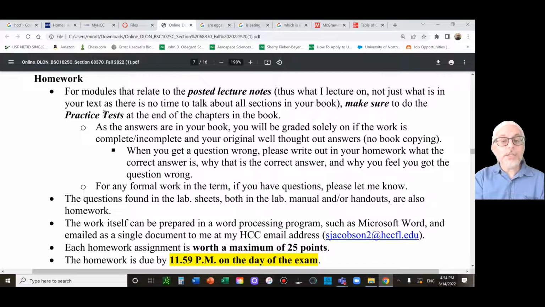Grade it. Now, when you get something wrong, what I would like for you to do is simply write out why you got it wrong. This is for you. Remember, I'm not grading on if you get it right or wrong. If you do it, the whole homework's done, and you gave it a good try, you get all the points. The point of this is so you learn, all right, I got it wrong because I simply didn't know, or I misread the question, or I read only half the question. Students do that all the time. Don't do that. Read the whole question.